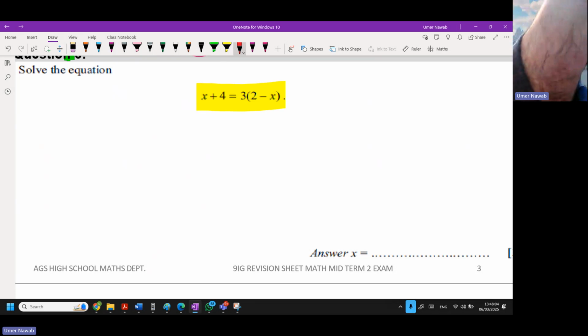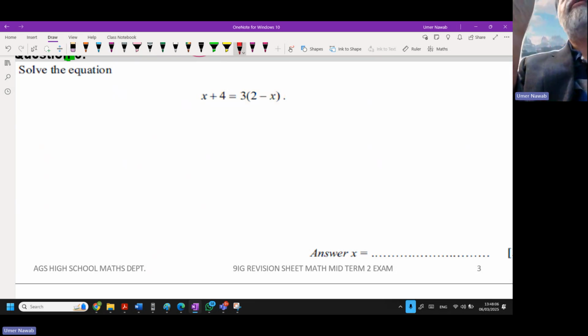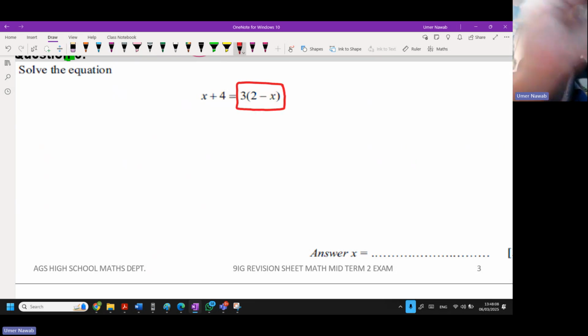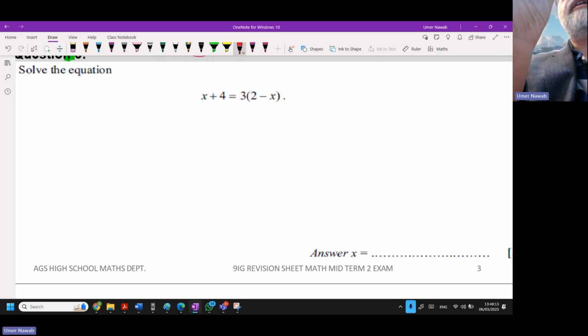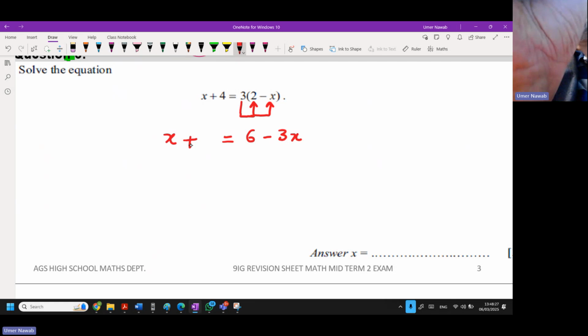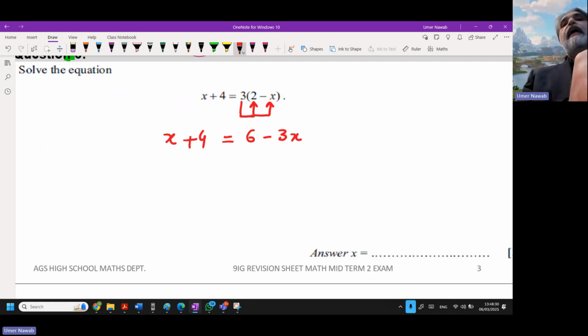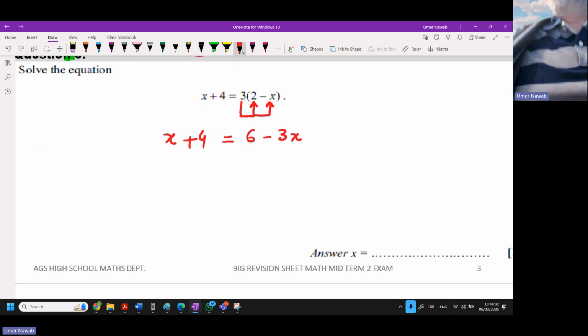So everyone will agree with Mr. Omar that on the right hand side, we have to do the expansion. So what is the expansion? Expansion tells me that 3 multiplies with 2 and 3 multiplies with negative x. So if 3 multiplies with 2, it is 6. And if 3 multiplies with negative x, it gives me negative 3x. However, on the left-hand side, x plus 4 will stay as it is. Now,